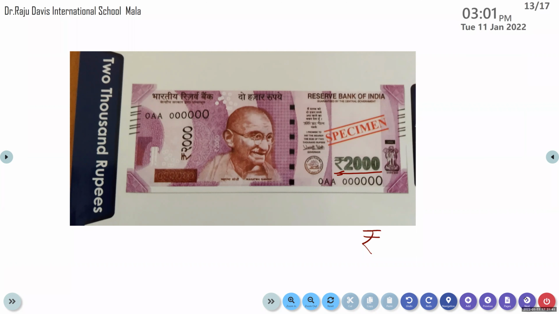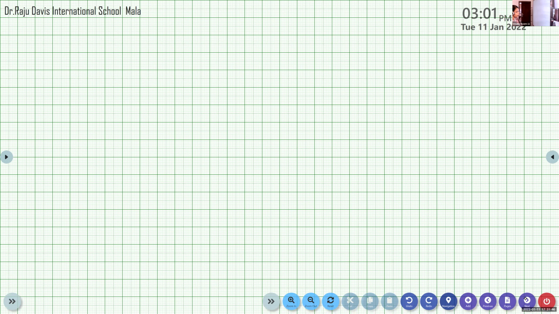Now see how we will write 1 rupee in figures and words. First, we write the symbol and write one. Very good. That's correct. So I have to write 1 rupee in words. I am giving you like this, or I am giving you in words. See, 1 rupee. This is in words. Yes, Aldrin.